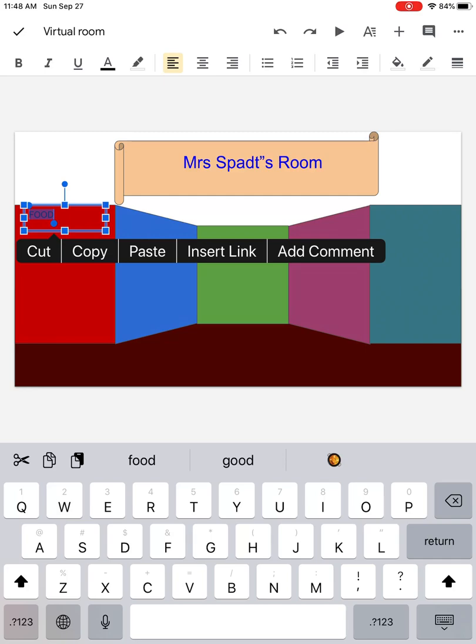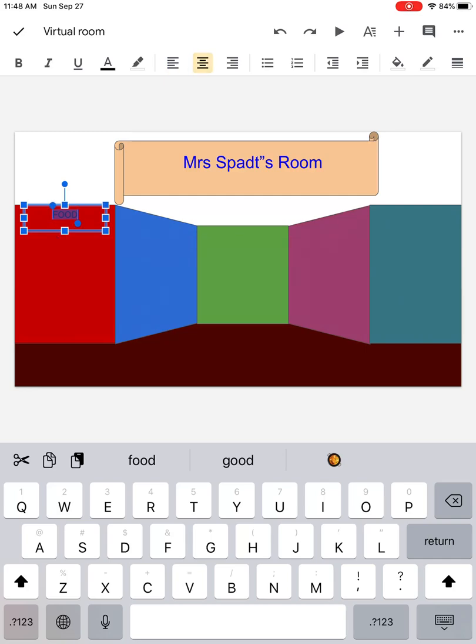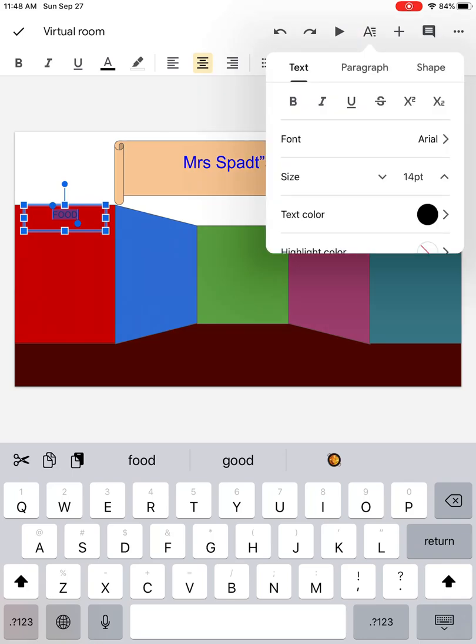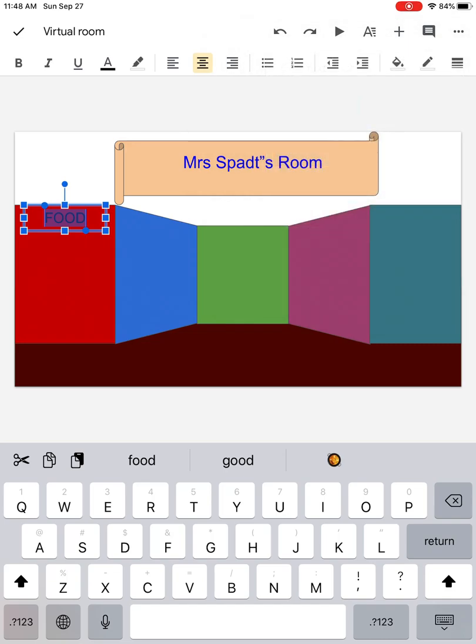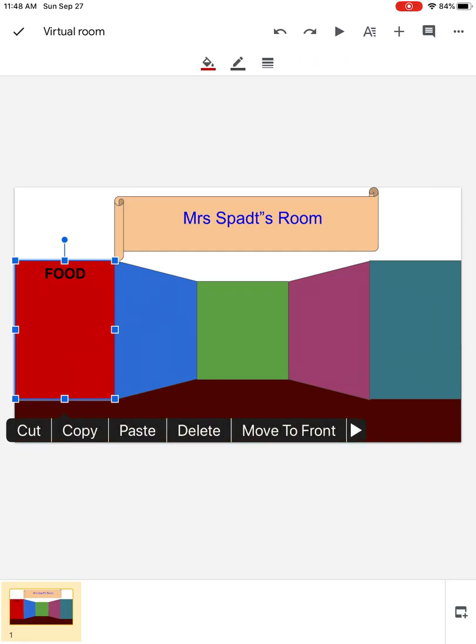and I'm going to center align it, and I'm going to go up to the A at the very top, and I'm going to increase the font size so that I can see the word, and maybe change the color so that I can easily read it. Maybe I also want to hit B for bold. Okay, so now you can see the word food. Now my favorite food is